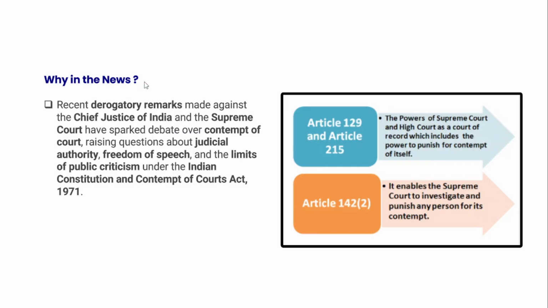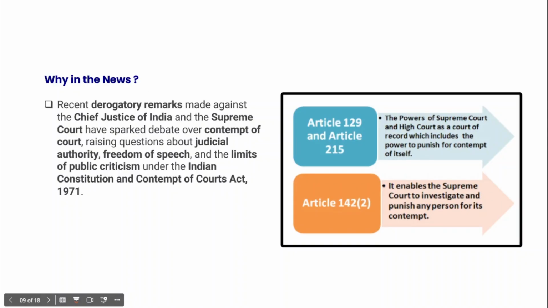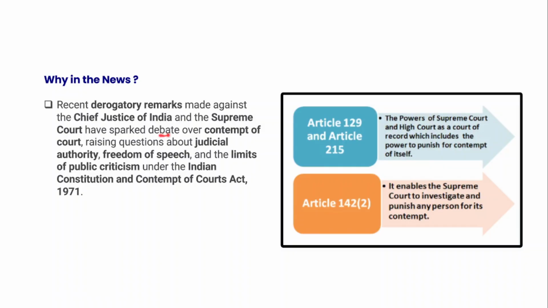Now recently, derogatory remarks have been made against the Chief Justice of India, and in fact, there are also incidents of insulting the Chief Justice of India by throwing a shoe at the face of the Chief Justice of India. So such incidents have come to light recently. However, all these incidents have sparked a debate over contempt of court. These debates have also raised questions about judicial authority, the freedom of speech of individuals, and the limits of public criticism, particularly individuals criticizing the judiciary under the Indian Constitution and the Contempt of Court Act of 1971,